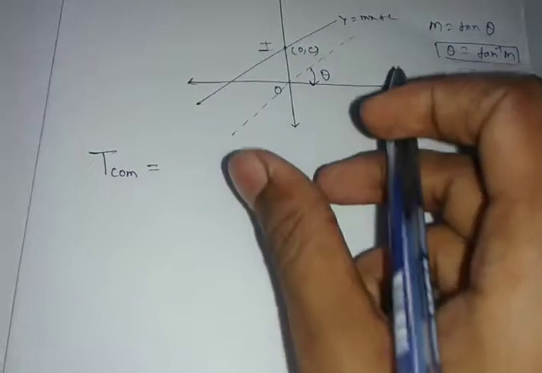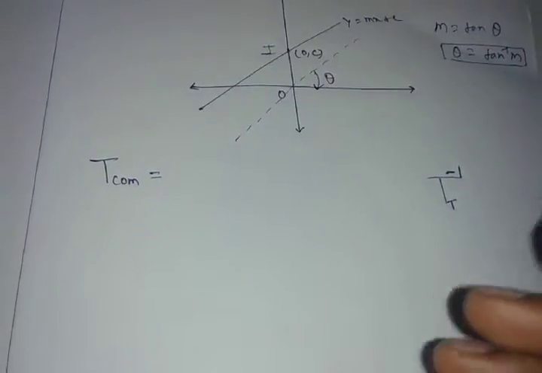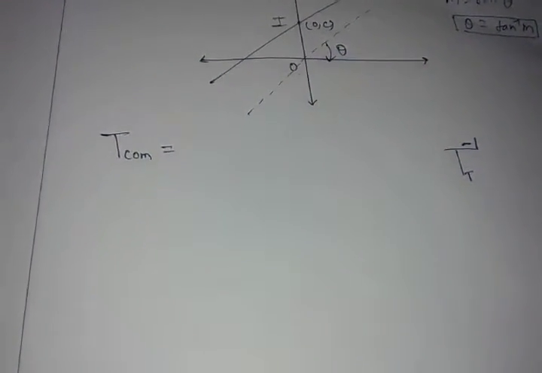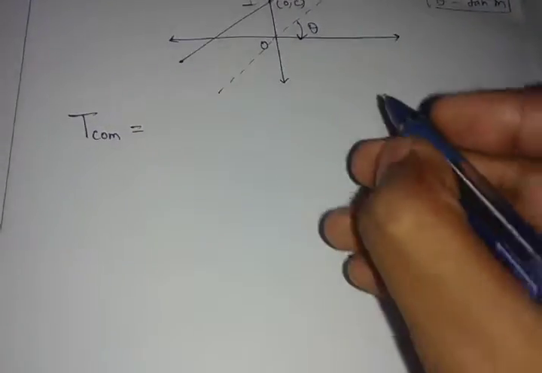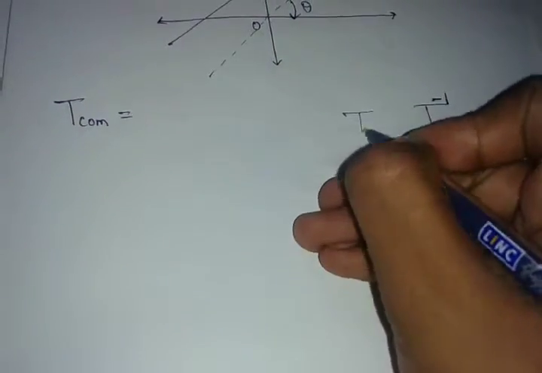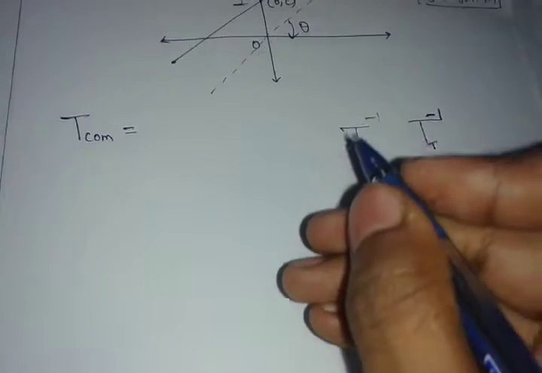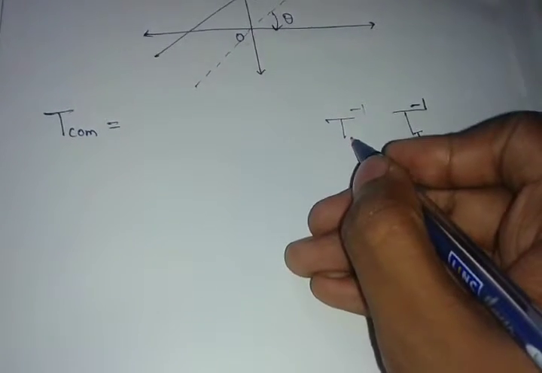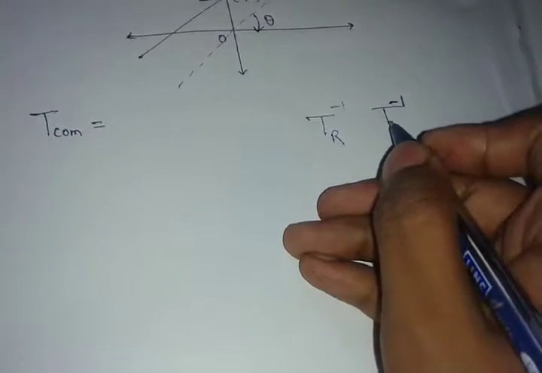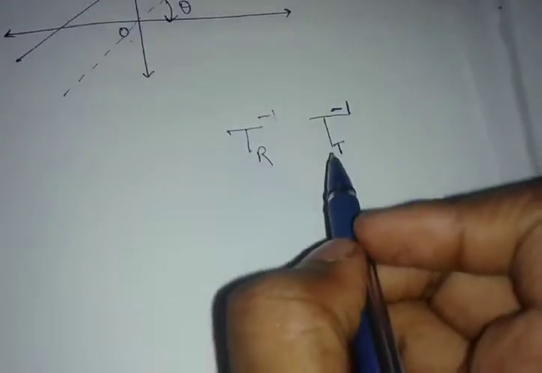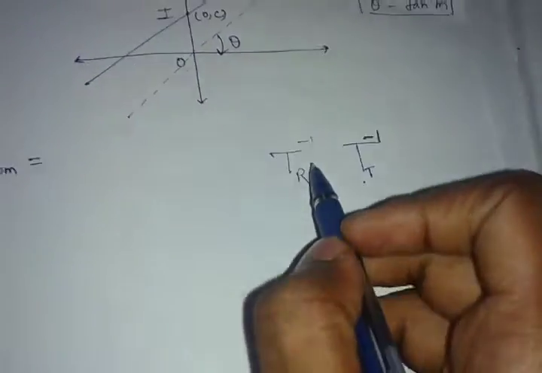After that, what you do? You just rotate it with the minus theta degree angle. So what does minus theta degree angle mean? You just put inverse here. Inverse already says that it is minus theta degree angle. So just write it as rotation. What you have done as of now, you have translated to the origin and rotated it.